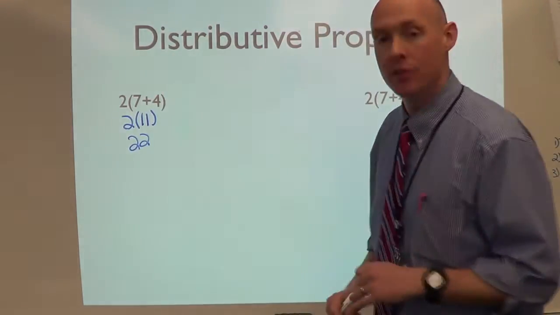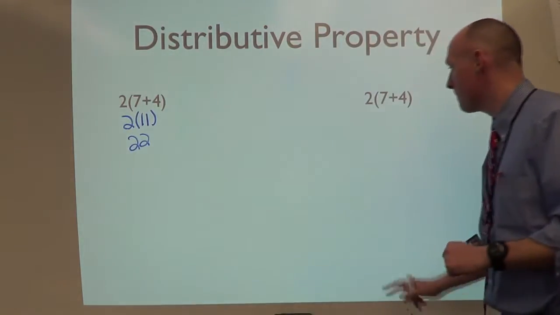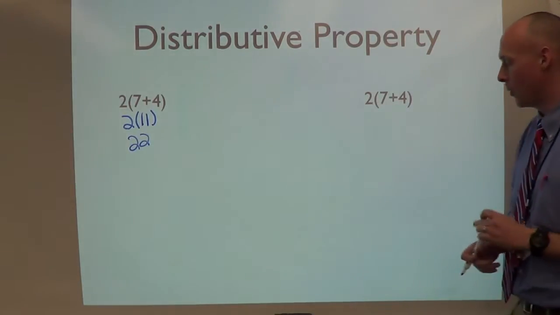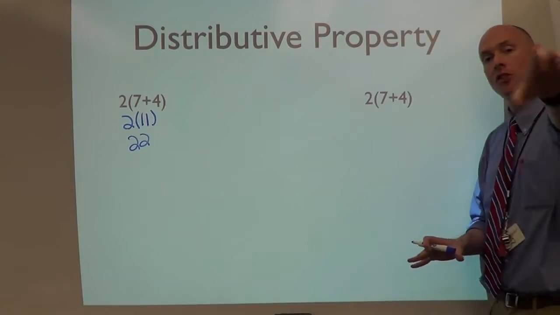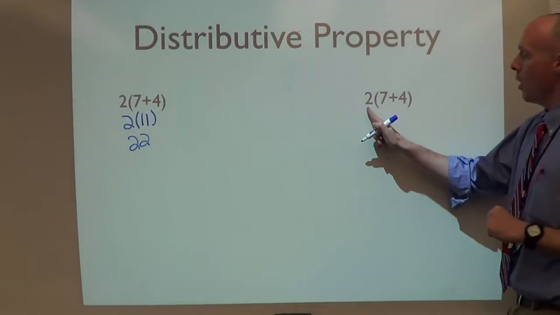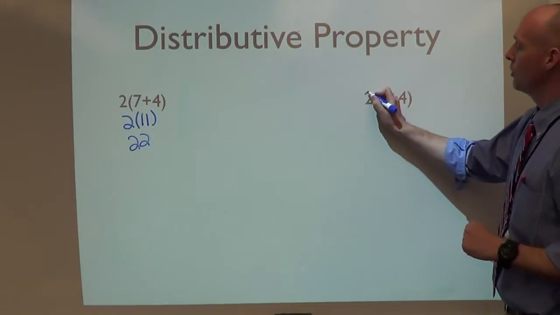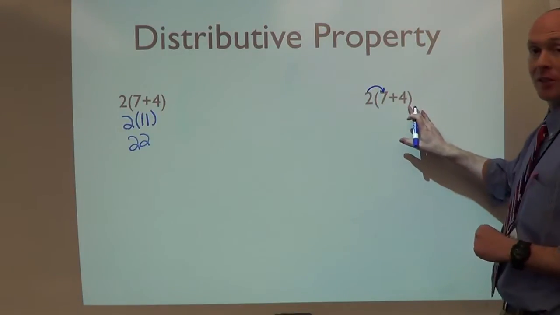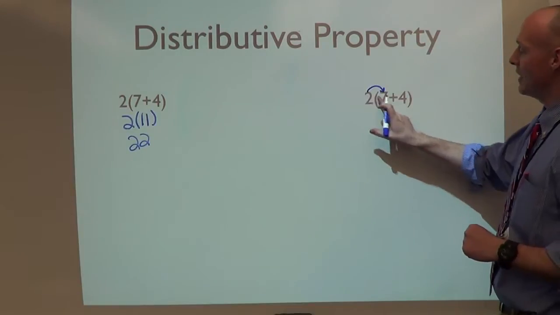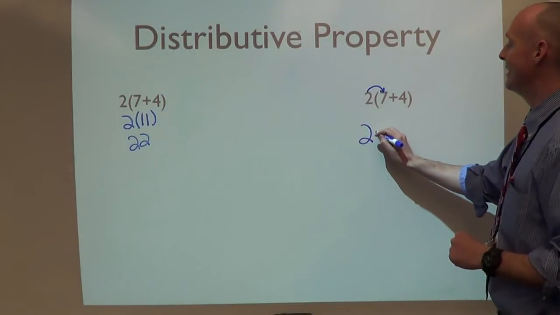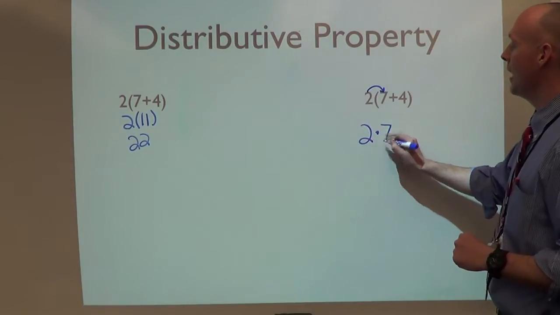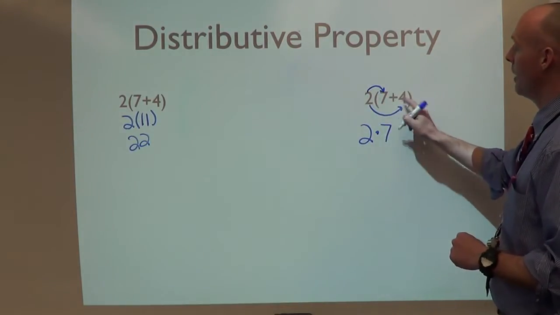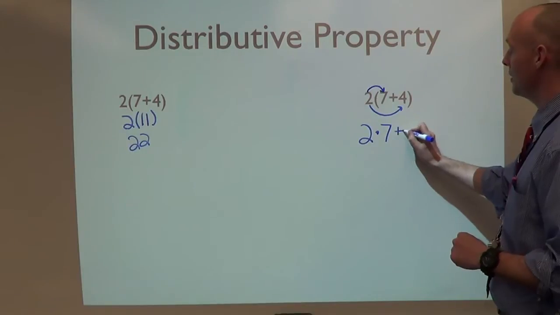I'm going to show you how to use the distributive property on the second one. It's the same problem, 2 times in parentheses 7 plus 4. But this time we're going to do it with the distributive property. With multiplication, we take our 2 and we distribute our 2 across what's inside the parentheses. So in this case, we'd say it's 2 times 7, and we also have to distribute it to the 4. And because it's plus 4